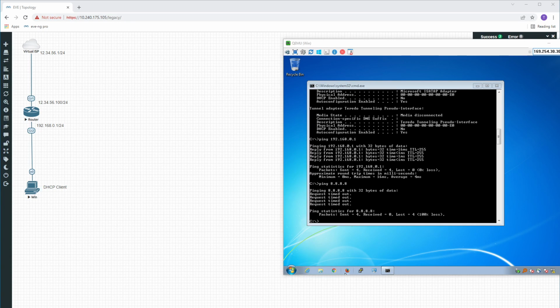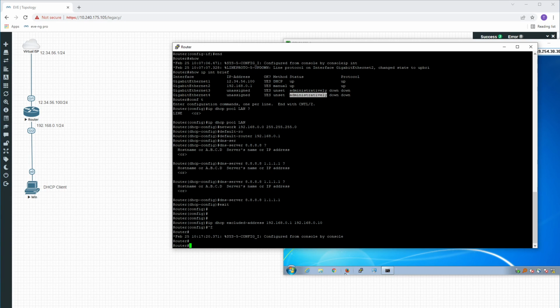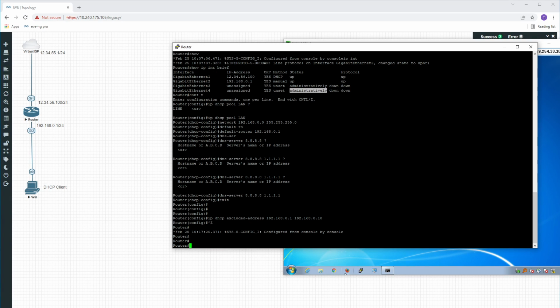So let's configure the NAT on the router. And to configure the NAT, we need to have the access list. It's not to give the access, but it's to be used to match the traffic. Because in a Cisco world, you use the access list to match traffic sometimes. You don't use the access list only to give the access or take away access. Pretty much, I would say almost always, the access list is being used to match the traffic. And then when you match the traffic, you do whatever you want with the traffic. In our case,